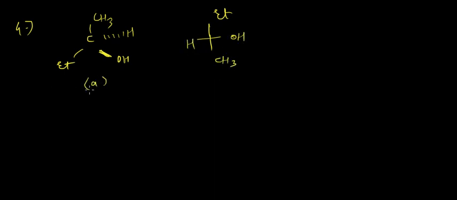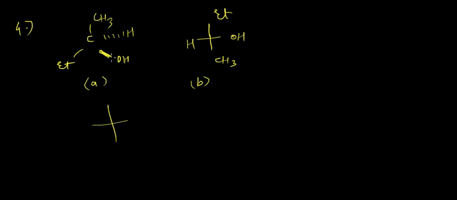Okay, so this is A and this is B. So let us make the sawhorse for this compound. So the sawhorse for this would be OH. If you see from